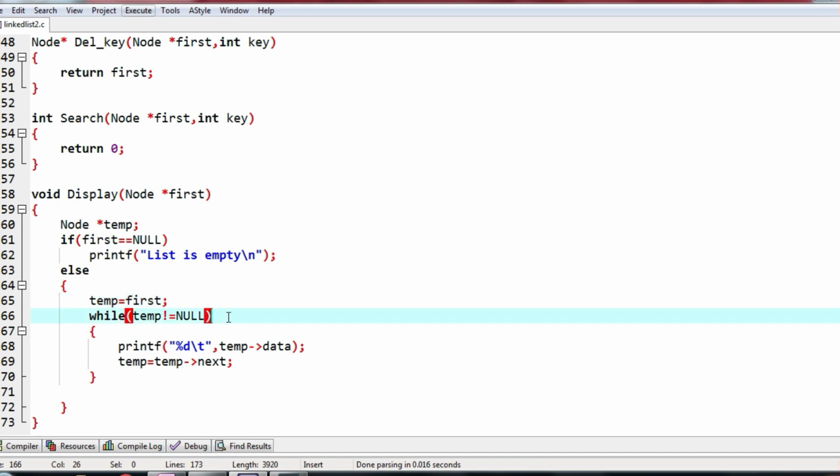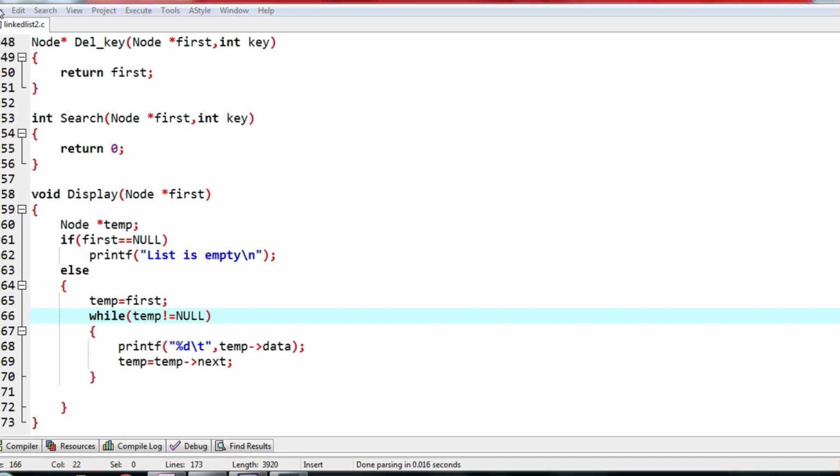Here I don't prefer, but you can do it. So temp equals to first, address present in first pointer is copied to temp, and as long as it is not null, we are going to print the content, and after printing the data stored in that node, we are going to the next pointer. So this we keep on doing until we reach the end of the list.